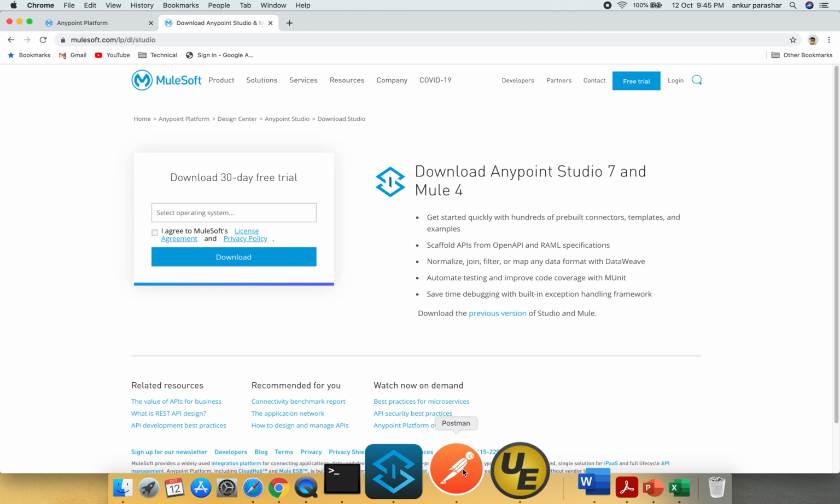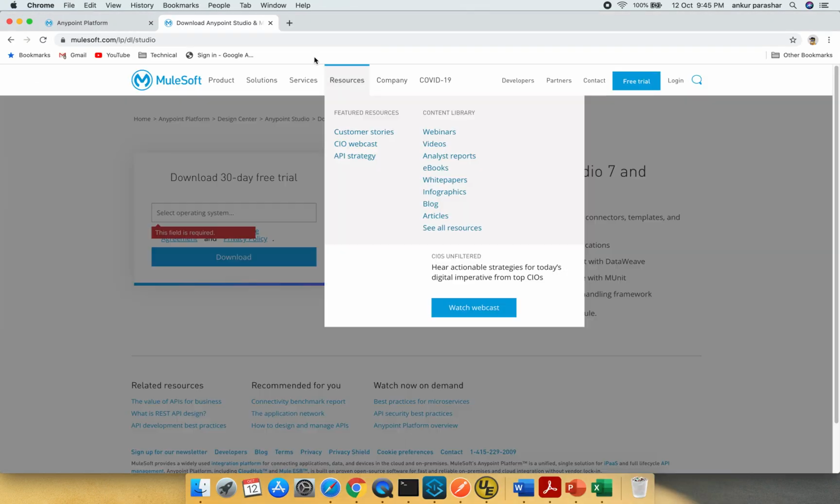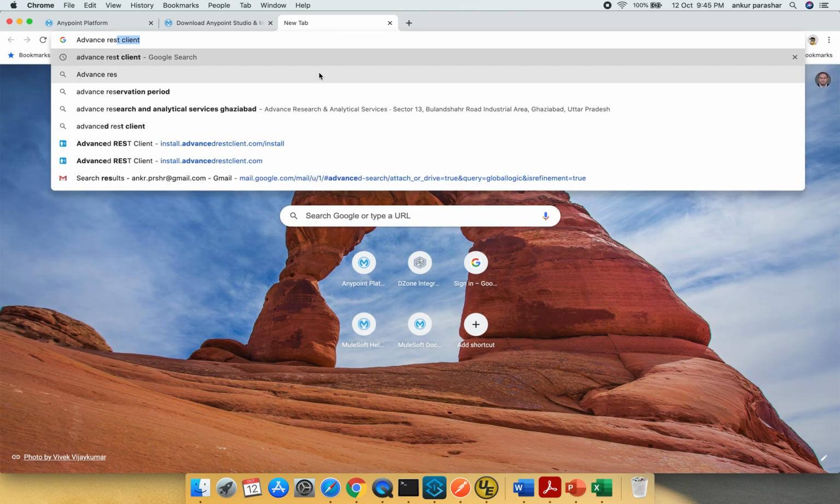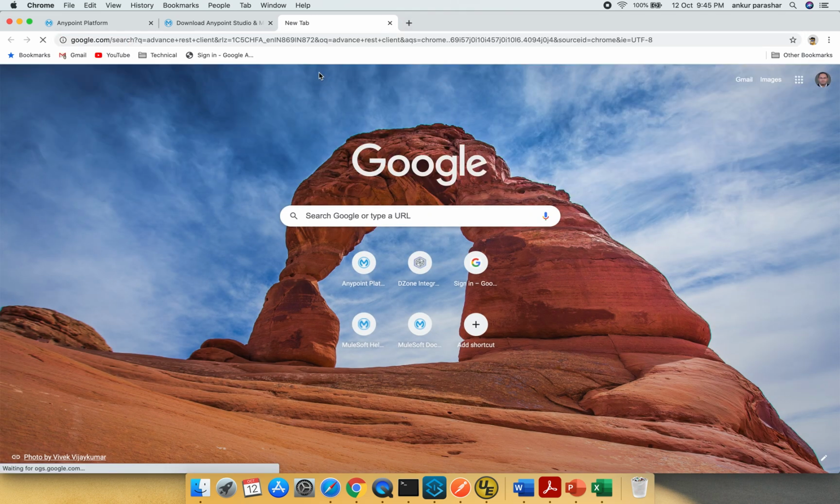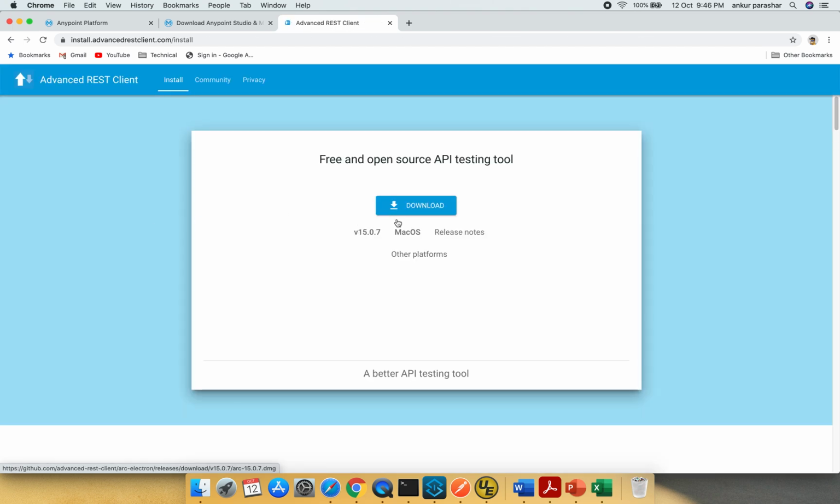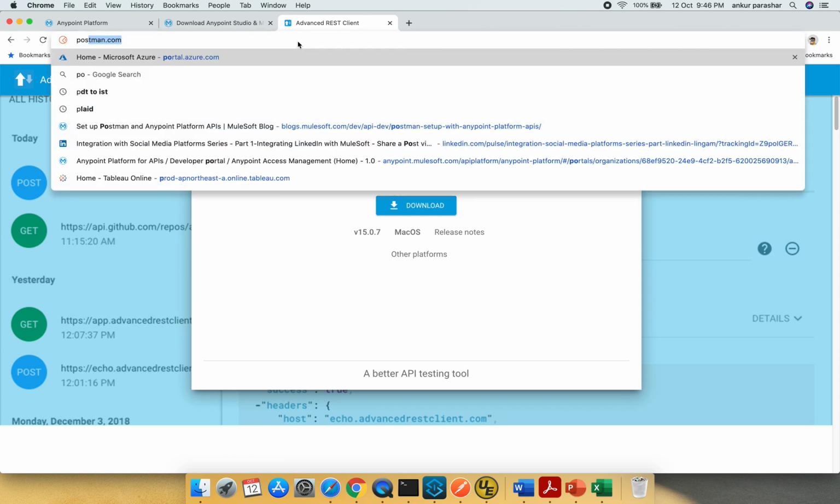Apart from that, we need some clients to test our APIs. It could be a Postman like this, or it could be Advanced REST client. So I am just opening up both. Advanced REST client. Okay, so this is the Advanced REST client. You can download it depending on your OS, or you can use the Postman